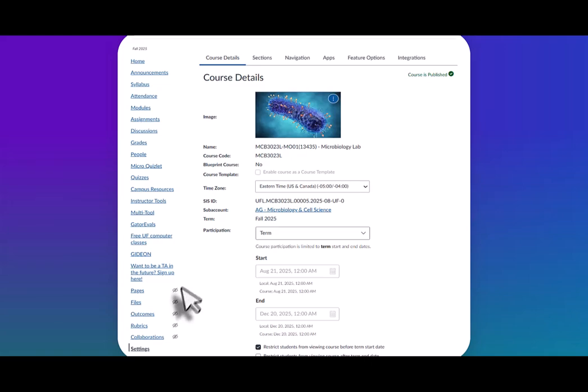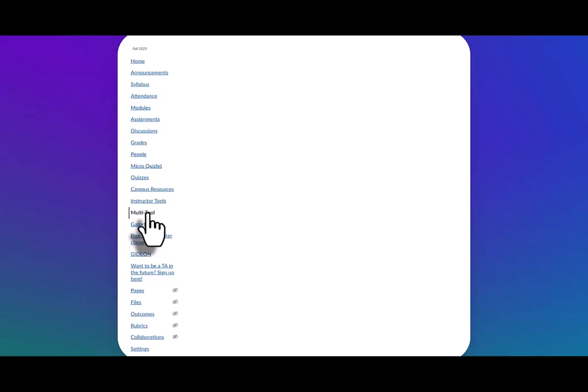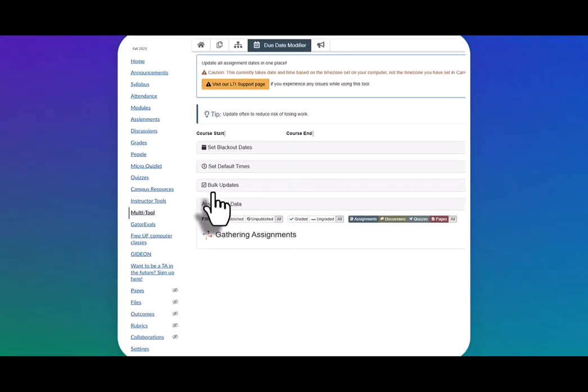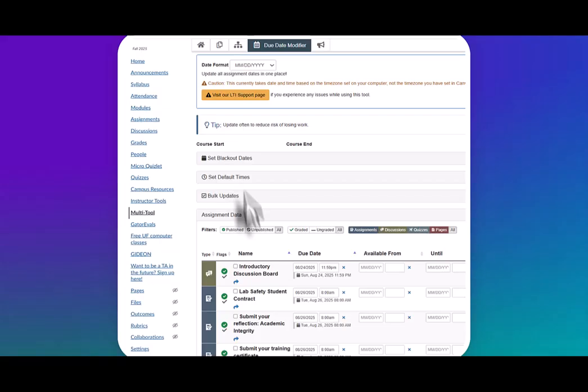All right. So we have our multi-tool here now. So we go to the multi-tool, and then we go to the calendar item, the due date modifier. And you can see that you can search by the different items, published, unpublished. And for example, if I want to go to quizzes,